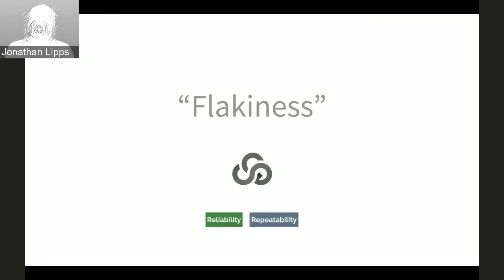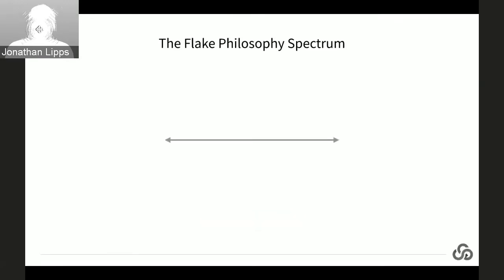So if you've been in QA or functional automation for some time, you've almost definitely heard of the concept of a flaky test. And there's a lot that gets wrapped up into this, so it's important anytime we have a conversation about reliability and repeatability of tests to have a good understanding of what flakiness means and how we should think about it. So I'm going to talk about flakiness with reference to two ends of a spectrum in